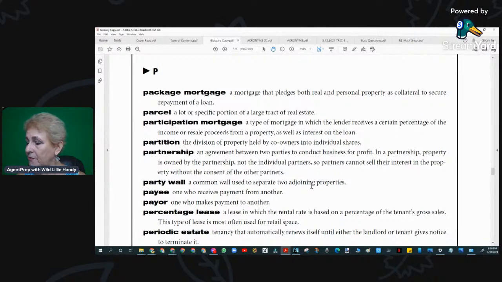So holidays, everybody's getting in the mode of holidays. 4th of July, fireworks, celebrate. So we will start on package loan, package mortgage. Okay, on page 172. Okay, so for national,